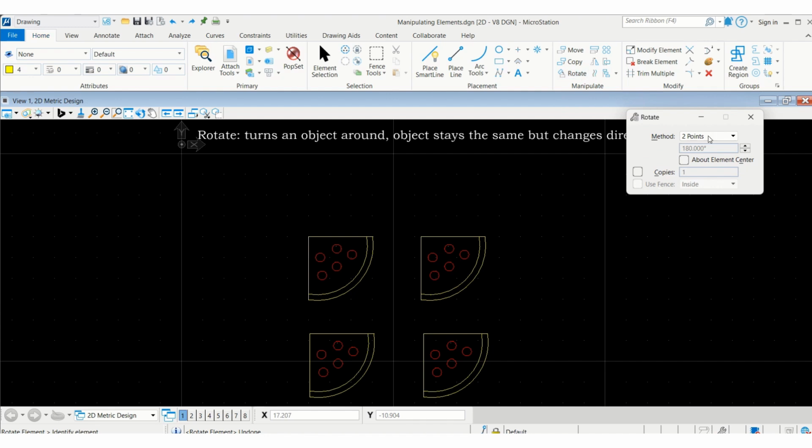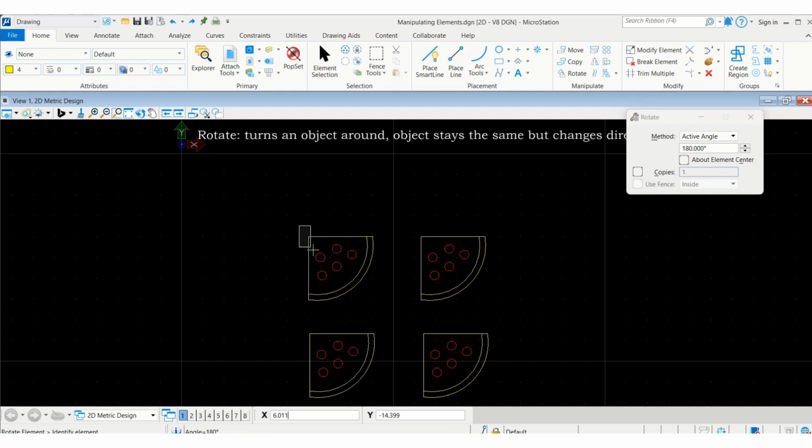This will open a settings for the Rotate tool. So, let's set the method to active angle. This method is quick and efficient for rotating objects by a defined known angle. So in our case, we basically want to flip the pizza slice so it's facing inwards. So we'll select our angle to 180 degrees and select the elements of the pizza slice by right-clicking and dragging